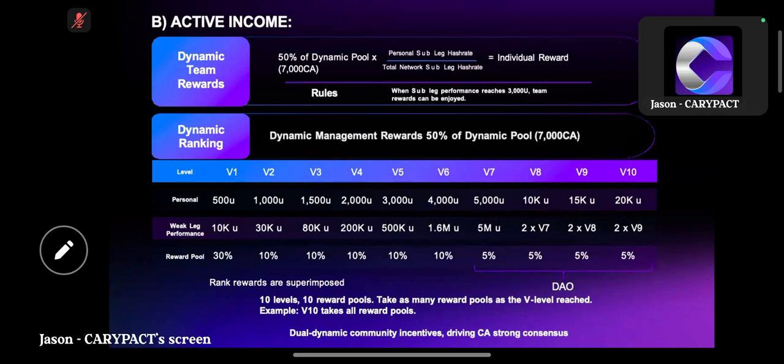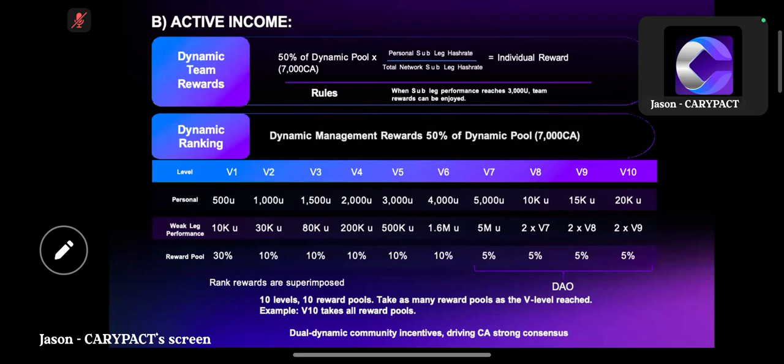Later I'll be showing you another slide where you can see the estimated income if you earn V1 up to V10. But now let's look into the calculation so that we have a clear picture. If you want to go to V2 ranking, your personal staking must be more than $1,000. That means you just need to top up another 500, and your weaker leg or small leg team sales must be more than 30,000. You will enjoy the 10% reward pool. 10% from the 7,000, which is 700. Taking the calculator, 700 CA token divided by, let's say in V2 we only have about 200 people who qualified, means you'll be getting 3.5 CA token per day.